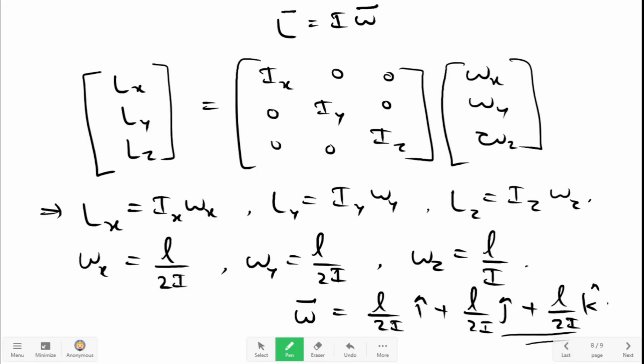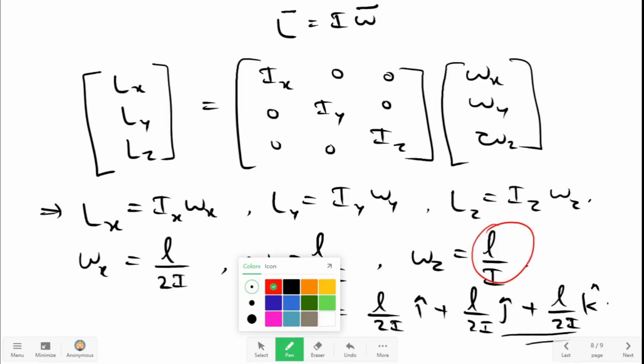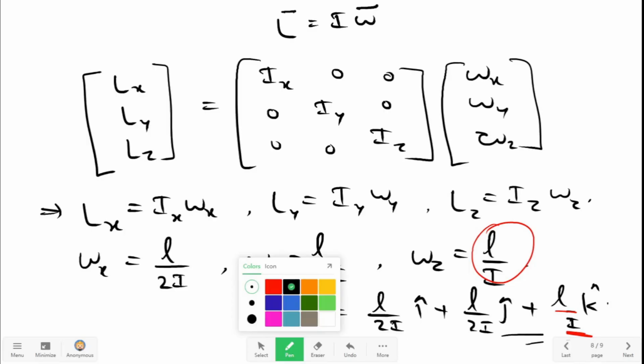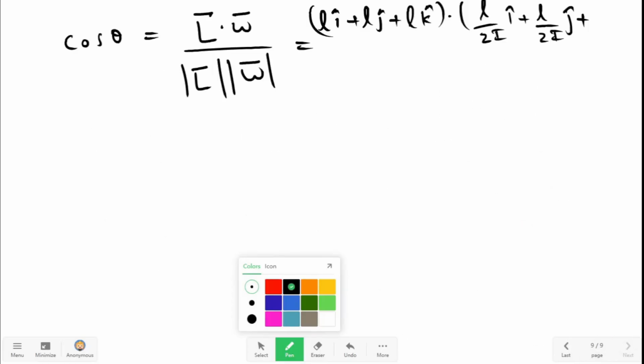Sorry, I made a mistake here. Omega z is L by I, but I put L by 2I here, so this is incorrect. There is only L by I. Therefore we will have L by 2I i cap plus L by 2I j cap plus L by I k cap,